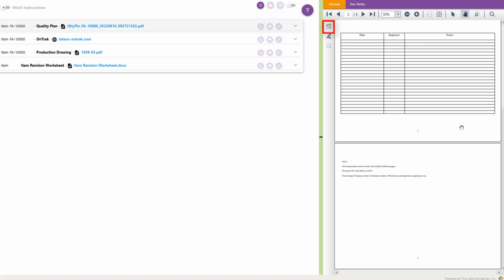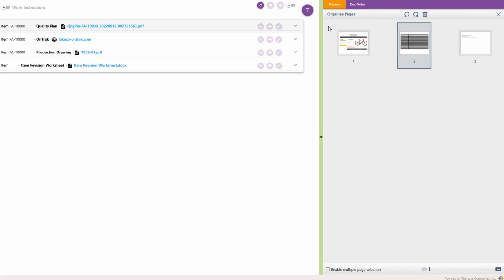When I select this rotate icon, I can rotate each page separately or rotate multiple pages. If I want, I can even remove pages temporarily from the previewer.